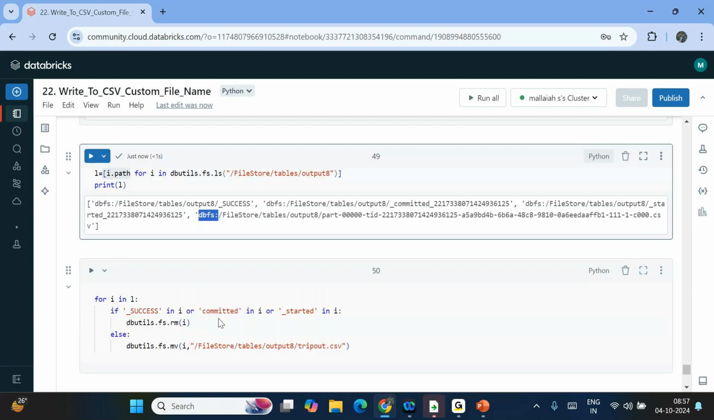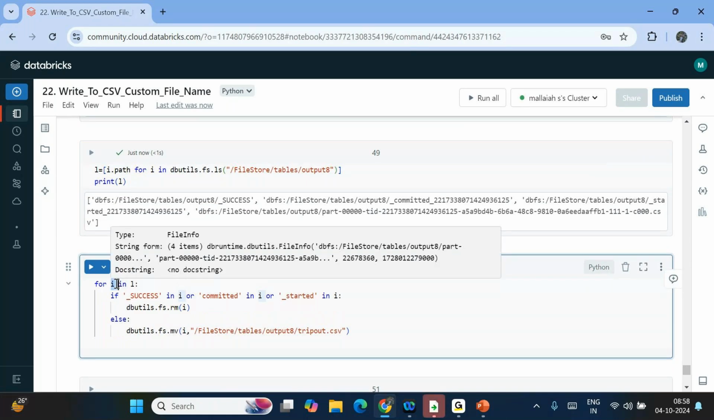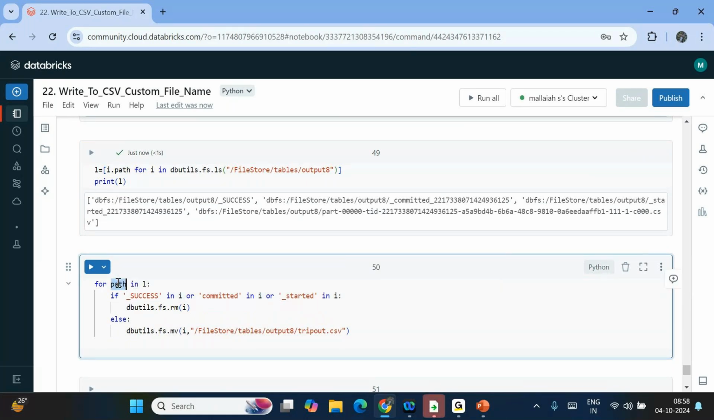So now I am iterating through each of these paths. I'm taking one path. First i is nothing but one path. Instead of i, you can say path, so that you will understand. So is _success in the path, or is _committed in this path, or is _started in this path? You need not give the started and not required. So if _success, _committed, _started is there in this path,